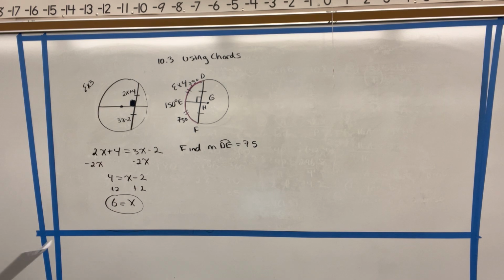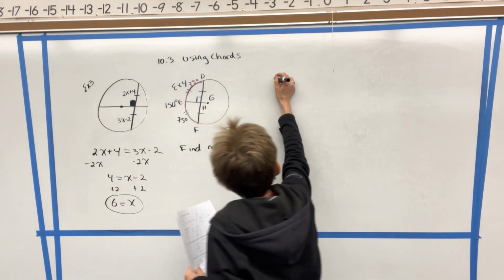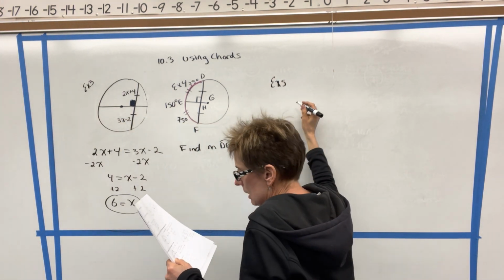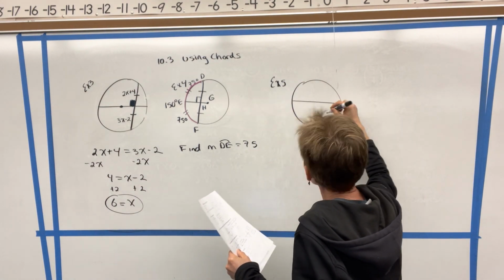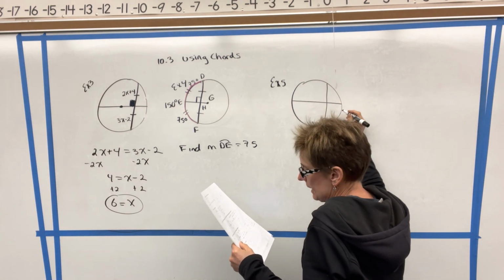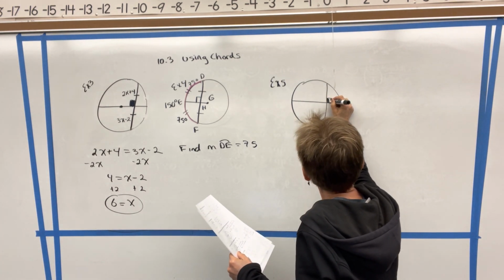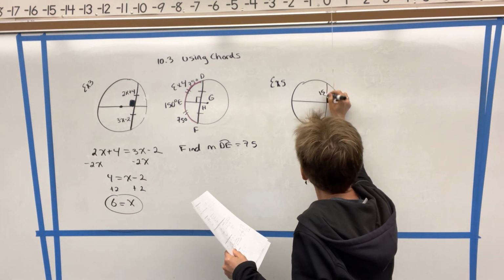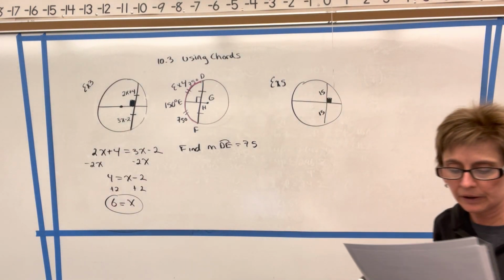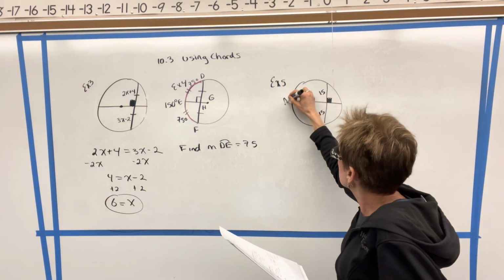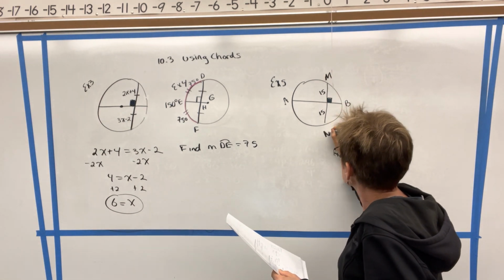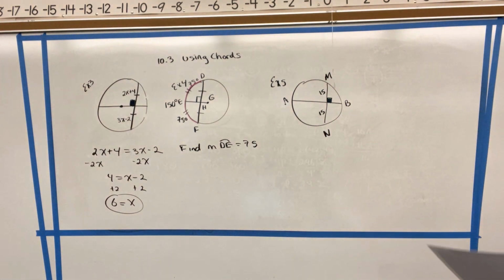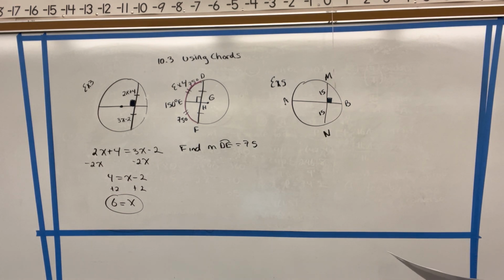Okay, now let's do another example where we use the converse. In this particular example, again, we have a circle with a diameter and a chord, and we can see that there's a right angle here, and that these 2 pieces of the chord are the same. If I label the diameter AB and the chord MN, the question is asking, determine if AB is a diameter. We would say yes,